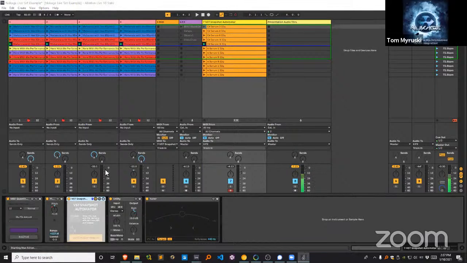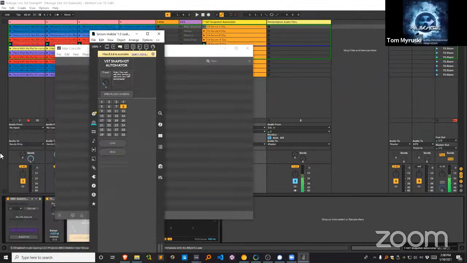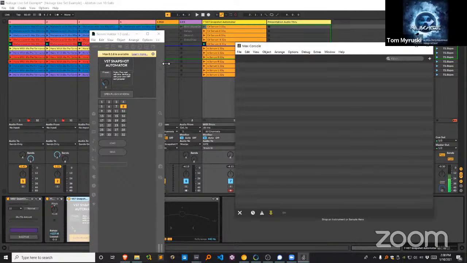fairly simple patch. And if you've never looked inside of a Max for Live patch, this may look complex, but believe me, it's not. Sometimes it takes a minute to start. Here we go. So basically,